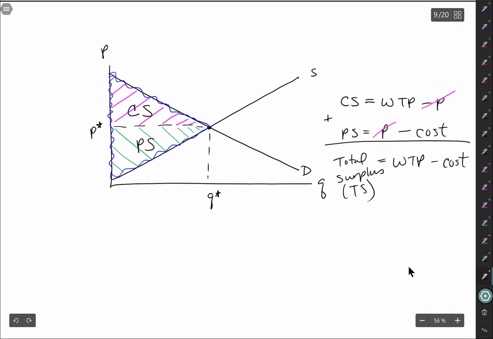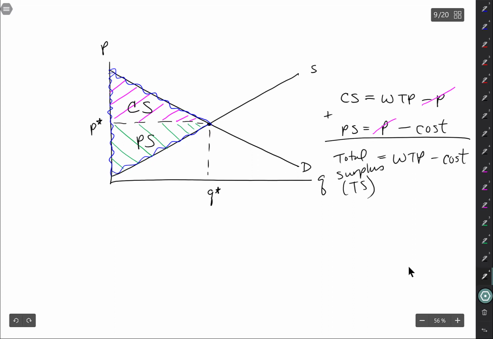By the way, what I mean by most markets can get here on their own, that means the government doesn't need to get involved to get us to this place right here, to equilibrium. Almost all markets can get there on their own. They don't fail. There's no market failure. A market failure is when the market fails to be efficient. And almost all markets can get here. There's some that don't, and I'll give you some examples. So for example, a monopoly, which we'll cover later. Actually, it's one of the last things we cover. A